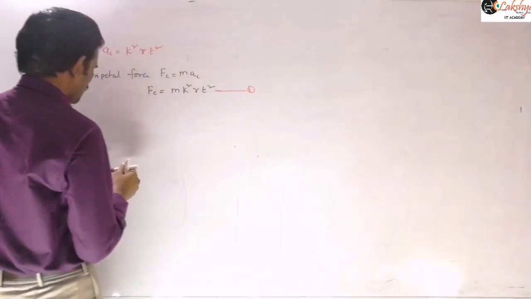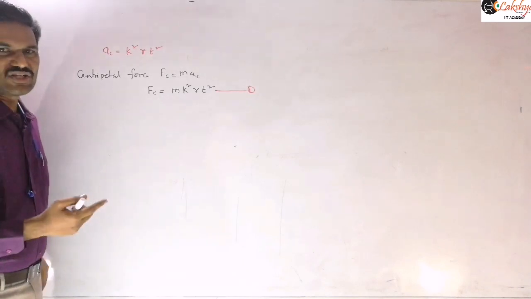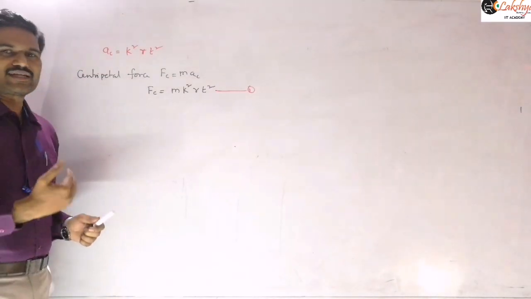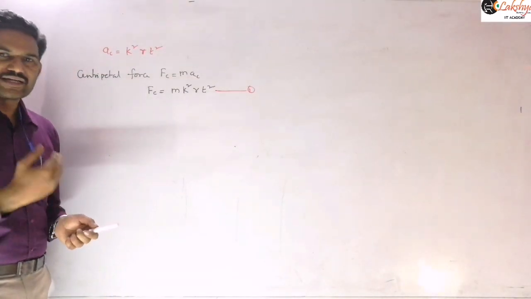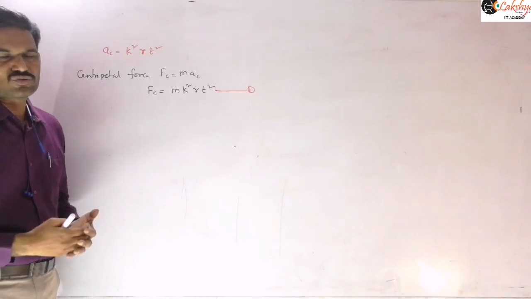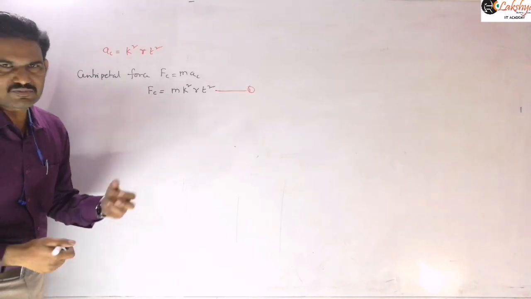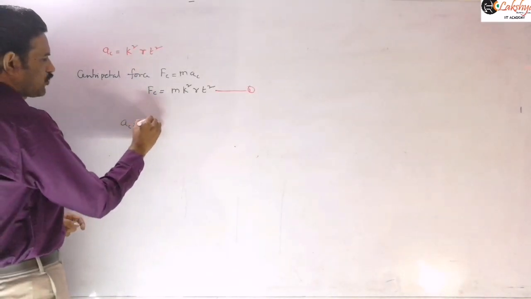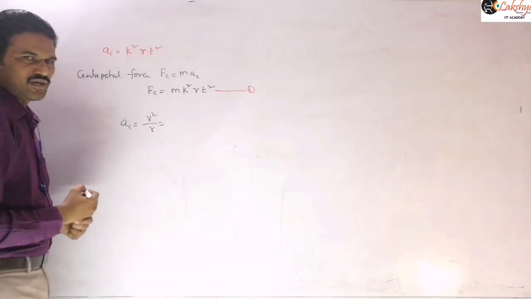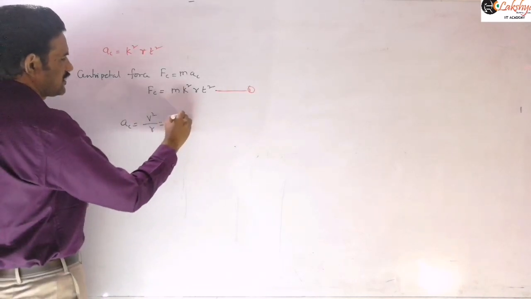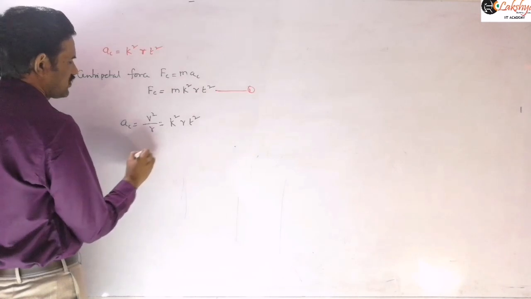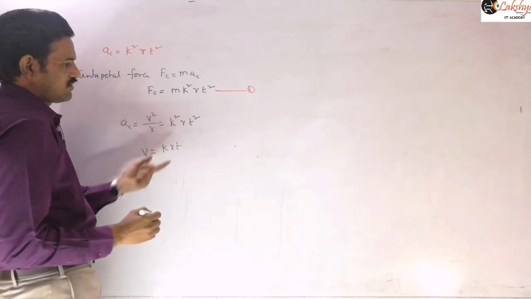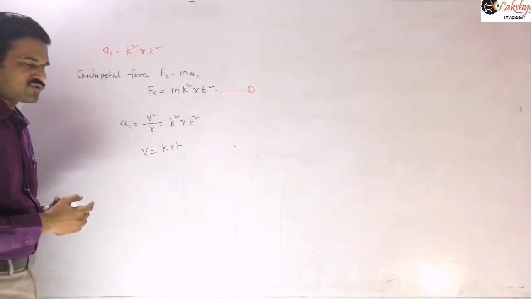And then another thing we need to calculate is the tangential force. To calculate the tangential force, we need to calculate the tangential acceleration. And to calculate the tangential acceleration, either alpha is required for us or the velocity, the speed of this particle, is required for us. So let us write this here. AC is equal to V square by R. And now that value you can write as k square r into t square, from which you can write v is equal to k r t, by taking r to that side and taking the square root.